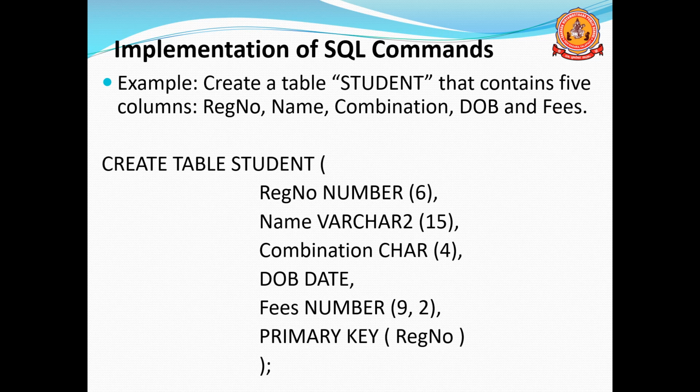Remember, whenever you are going to create the columns, the data type will sometimes not be specified. Whenever the data type is not specified, we have to give our own data type, which is suitable for that column. For register number we can normally give numbers. For name we can give varchar2. Like that, we should think about which is better for each column and give that as the data type. So this is one example for creating the table.